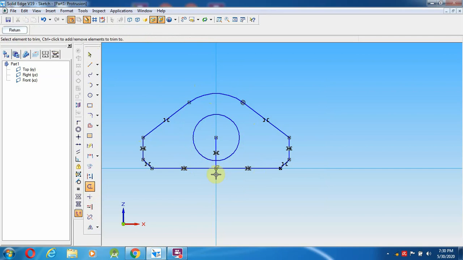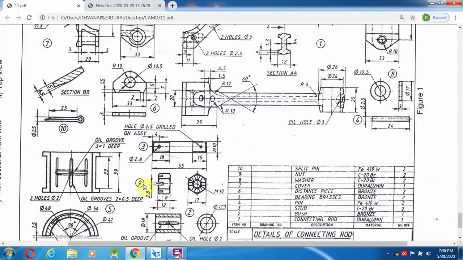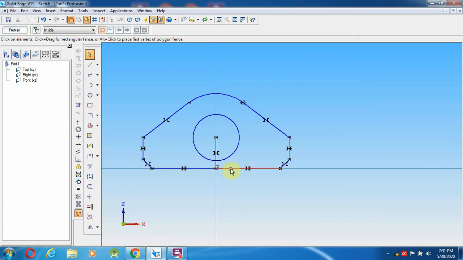Now what happens, it has to close 1.5 mm from here up. Okay, 1.5 mm, this is 2 mm. So even this line also I'm going to delete.